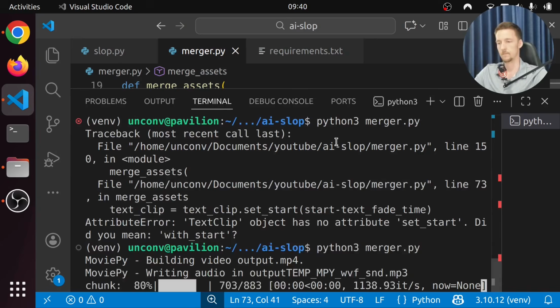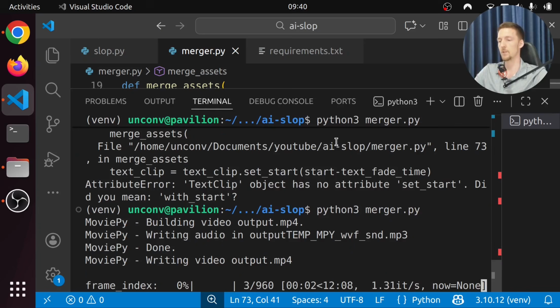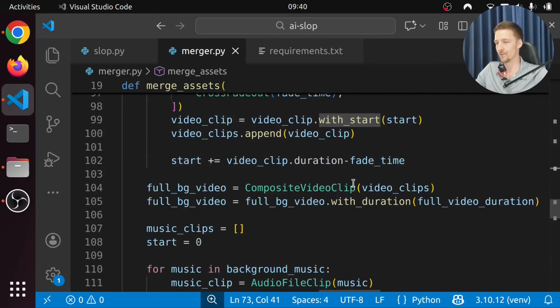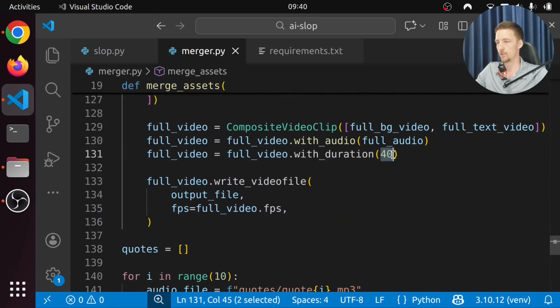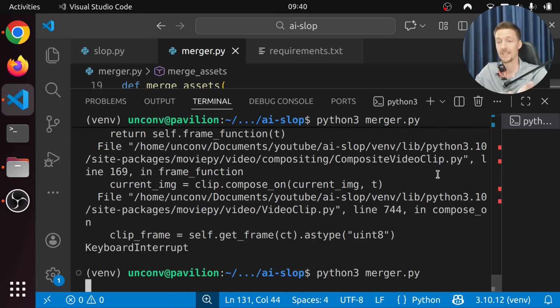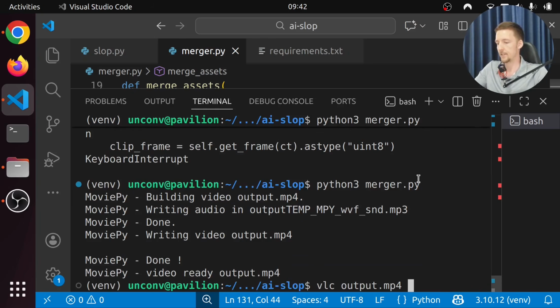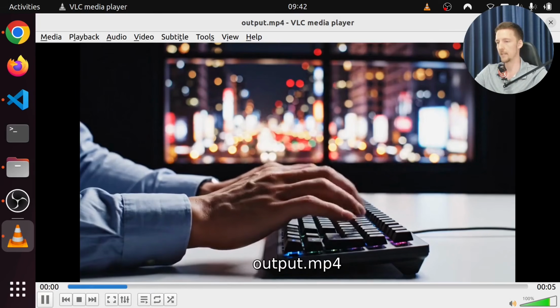And then it's doing something. What's it doing? Let's see what it looks like. Seems like it's going to take a while. So let me actually make an even shorter video. Let's do just 5 seconds, because I just want to see what the text looks like. Okay, this will just take 40 seconds. And let's see what kind of text we get.